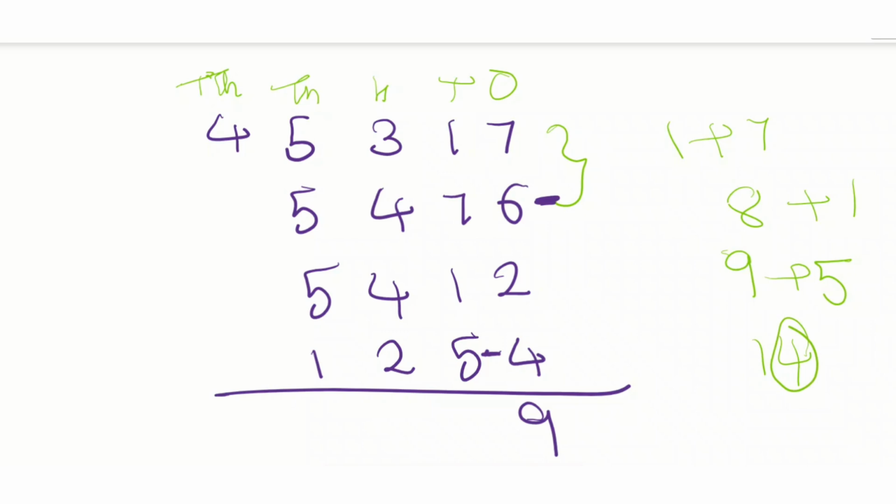Now, we're going to continue with this 4, and let's not forget about the carry forward in the previous section. So we're going to add 1 to 4, which is giving us 5, and that comes under the final answer